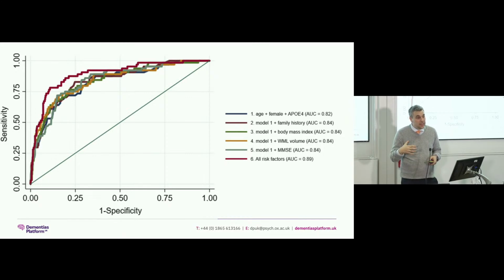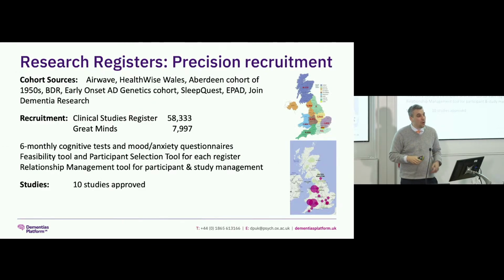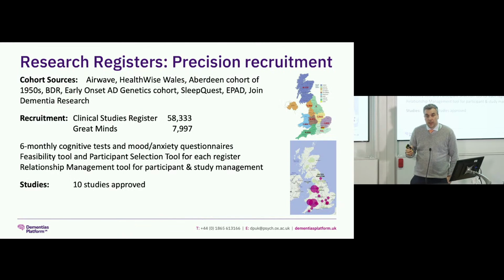And what that means is that if you have all of this information on people, you can do what we're trying to do with Great Minds. So essentially, people who have been part of research cohorts, as part of which they've done all sorts of testing, they've had their genetics done, the researchers have recorded whether they have diabetes, whether they have hypertension. So we have all of this rich data, and we're asking the question, can we then essentially,